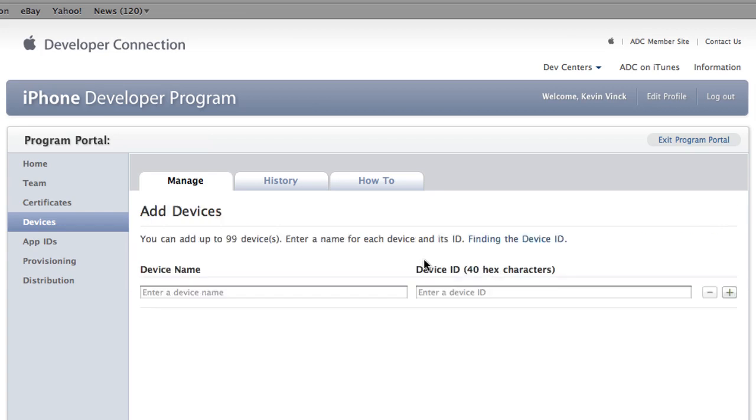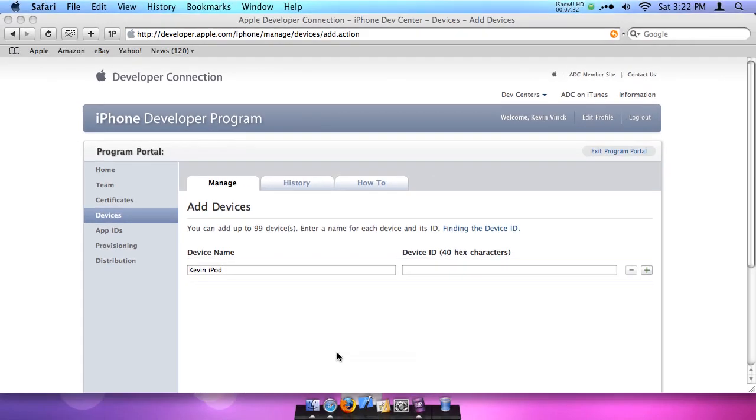So I'm going to add devices, and you need the device name, which is just anything you want to call it. So Kevin iPod. And then the device ID, which you can get either in iTunes, or if you go into Xcode,